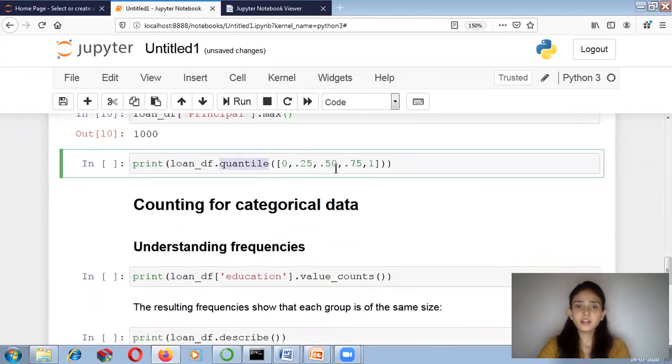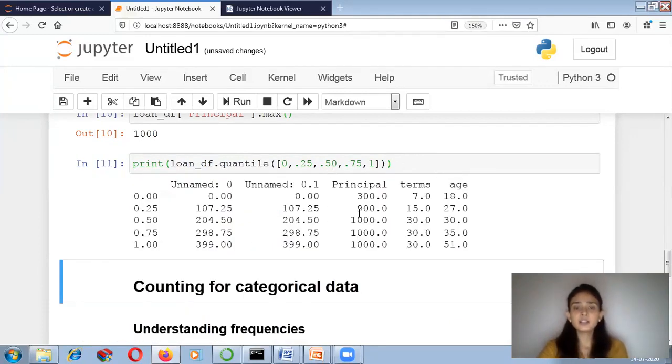Next comes the quantile. We have already seen what the quantile is. It is very useful in the box plot. Over here I have used the list 0, 0.25, 0.5, 0.75 and 1, so different ranges, and I am writing my data frame loan_df dot quantile like this. Then you can see that for all the numeric columns it gives me the answer like this.